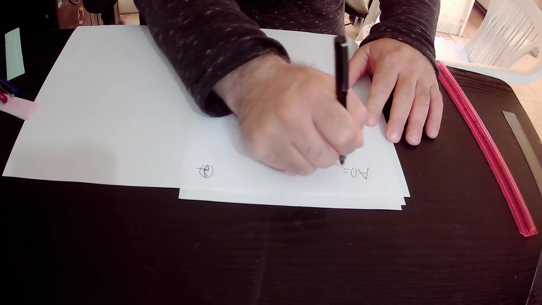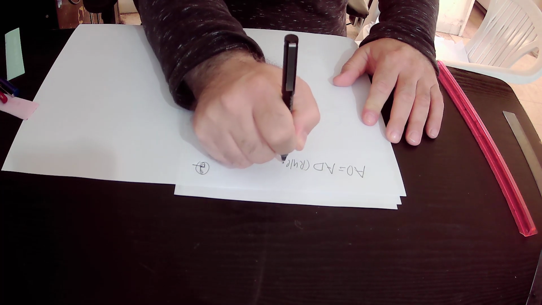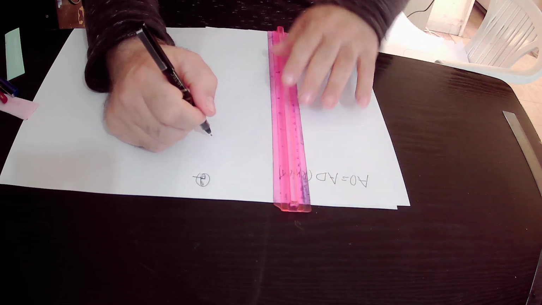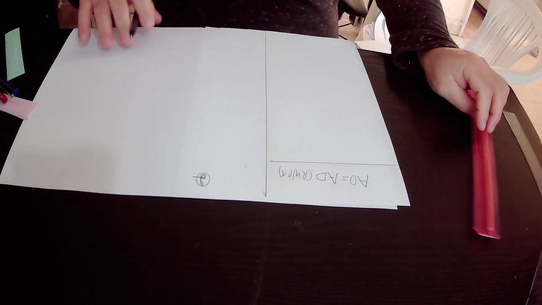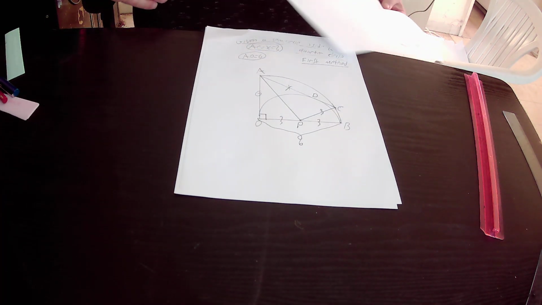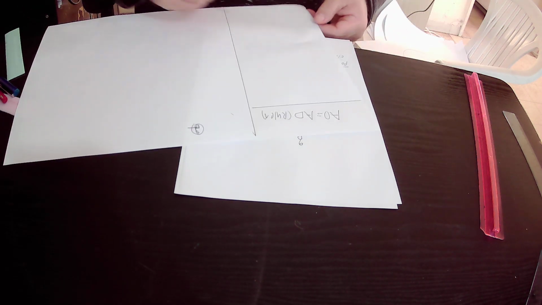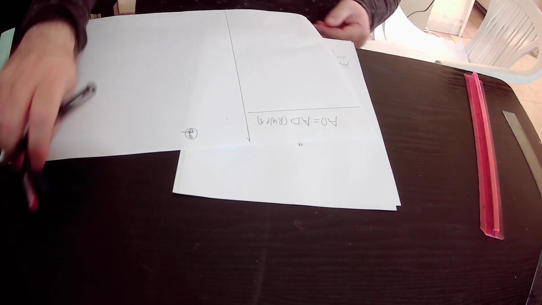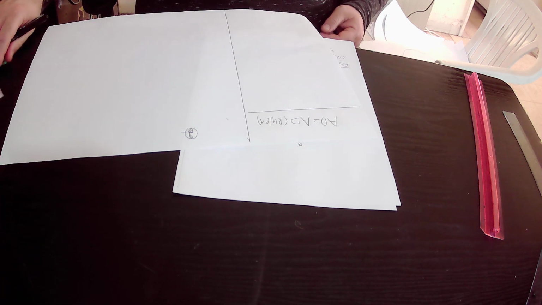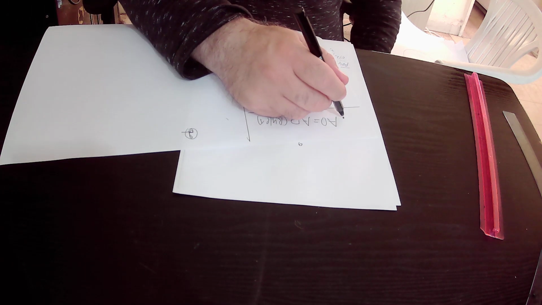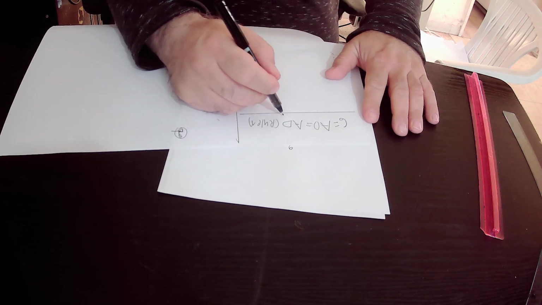AO equals AD according to rule number 1. But here AO equals 6 units according to what is given in the question. So if I write here that AO equals 6 units, and from this equation 6 equals AO equals AD,